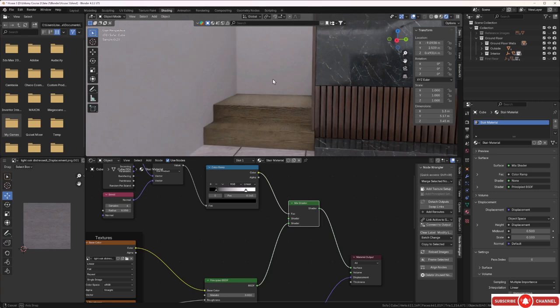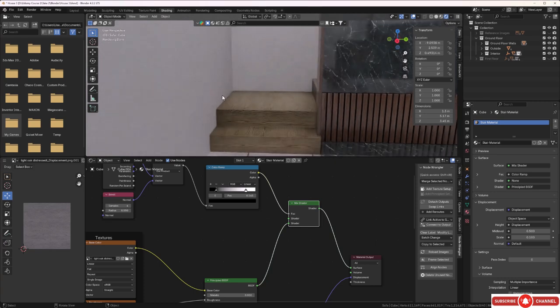Okay, so we do have the handrail to do, but I think it's going to take quite a while, so I think we'll pick that up in the next lecture. So I'll just press Ctrl S just to do a save,